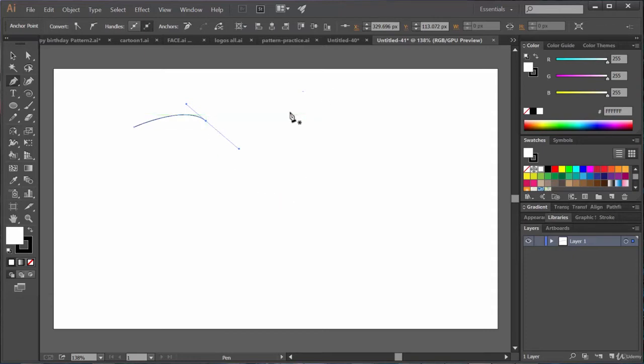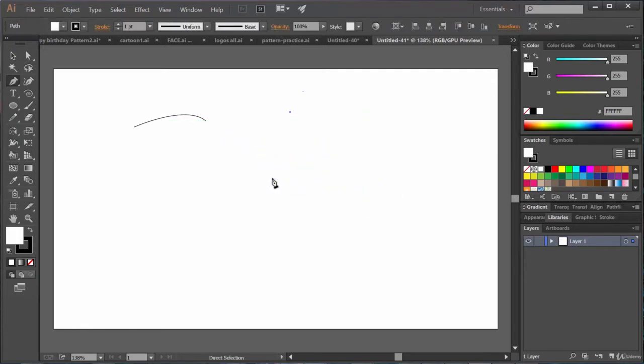So what you can do, if you start clicking, see, it's not working. We want to join these two, right? Or we want to start drawing from here again. So for that, come to this point and you can see that we have some kind of tilt, right? This sign means if you click on this anchor point again, this end point, then this path will be selected again and you can start drawing from this end point. Let's click on it and now see, again you can start drawing from that point.